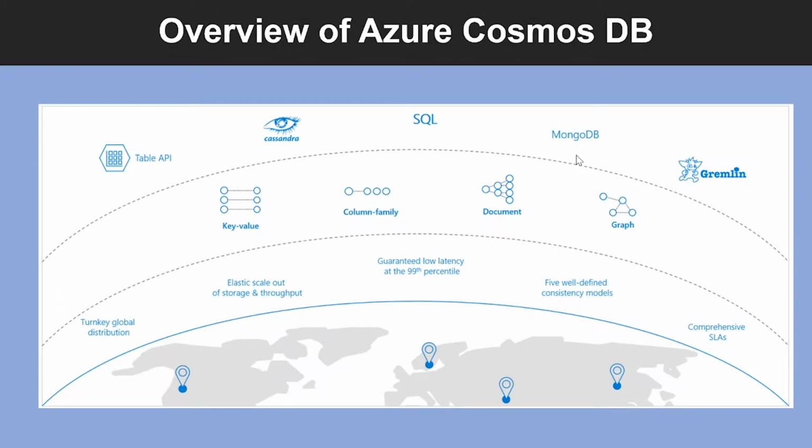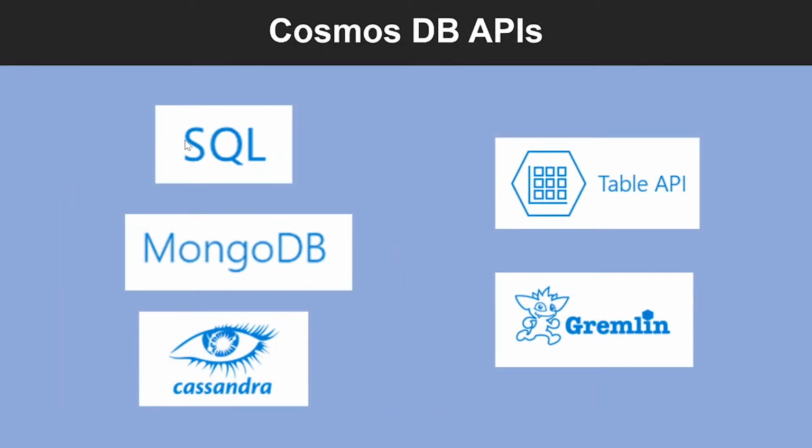So, what is Azure Cosmos DB? Azure Cosmos DB is a globally distributed and elastically scalable database. It has a guaranteed low latency that is backed by a comprehensive set of service level agreements. And consistency can sometimes be an issue when you are working with distributed systems. But Azure Cosmos DB elevates that situation by offering five different consistency levels: strong, bounded staleness, session, consistent prefix, and eventual.